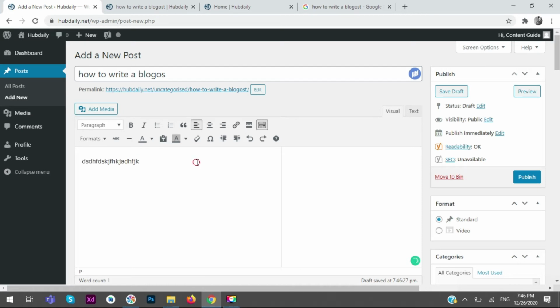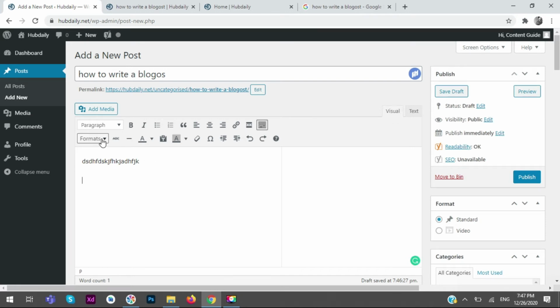The next item is this one, insert more tag. If you are writing something, it will work like this. We have seen some blogs where at the end of the blog, it is written continue reading. This type of item is given at the end of the blog. This is for a continue reading type item. If your blog is too lengthy, you can make chunks of that blog by adding this read more tag.